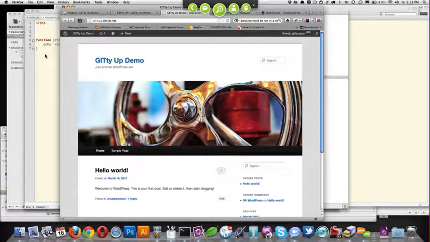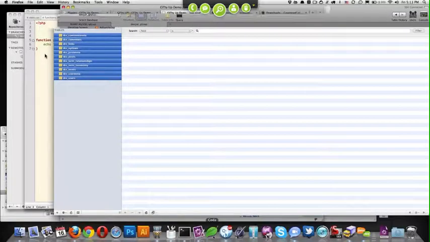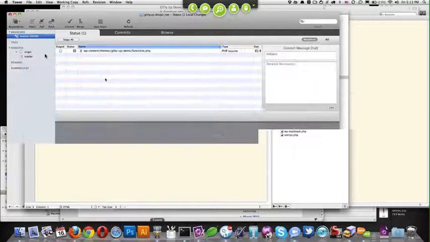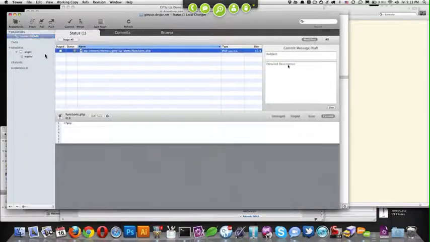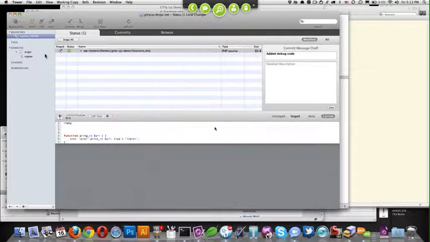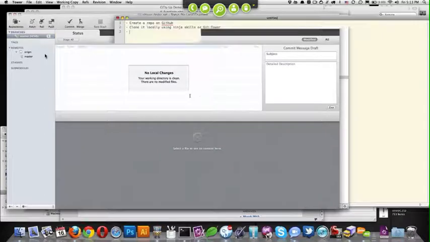So there's a couple things, like I said, that sometimes get screwy with this. One of those being, for example, I made that. So if I commit that, I've got a lovely